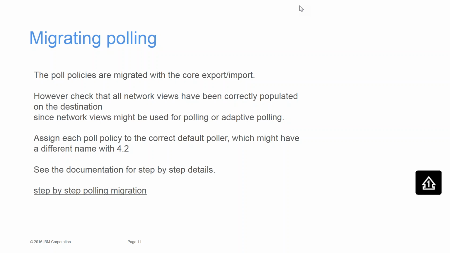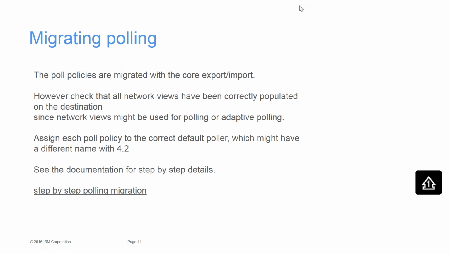And part of the reason that's significant is you may have a network view or adaptive polling, you have a poll policy that uses a network view as part of its targets, right? So we want to make sure the network views look okay in the new 4.2,